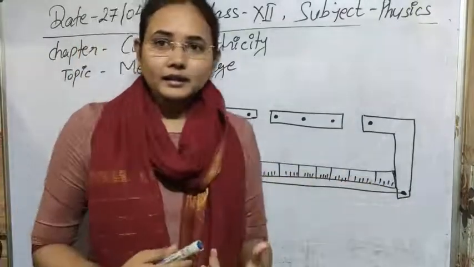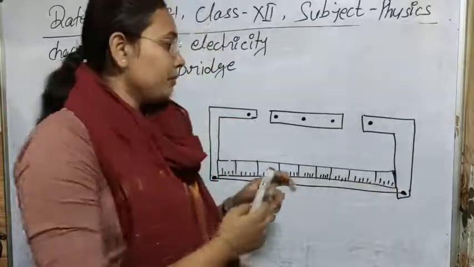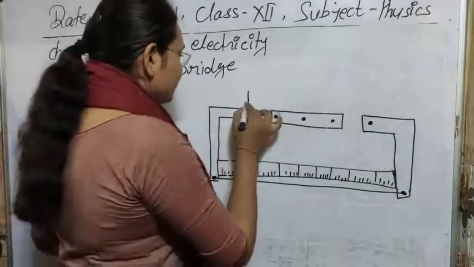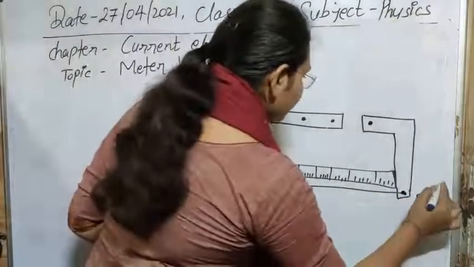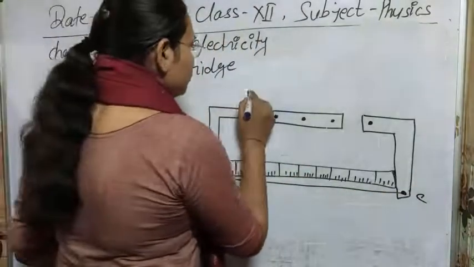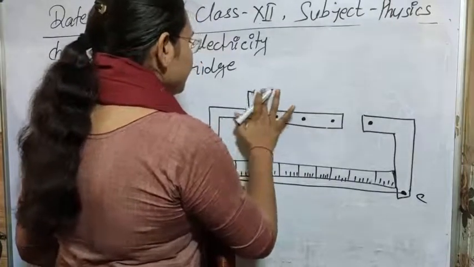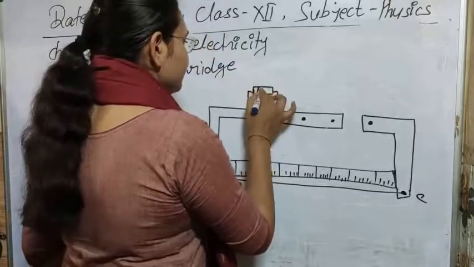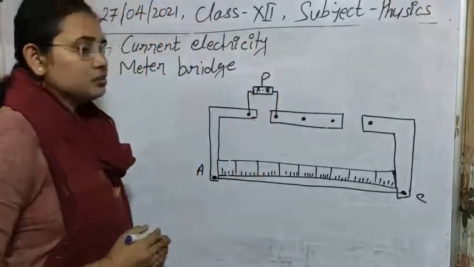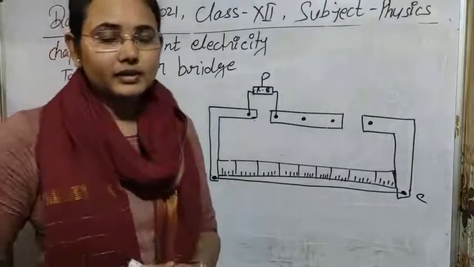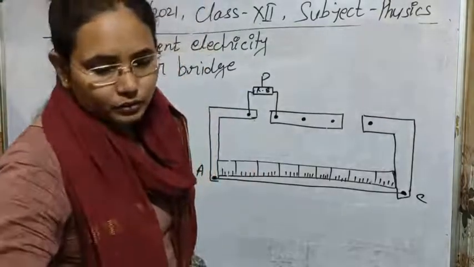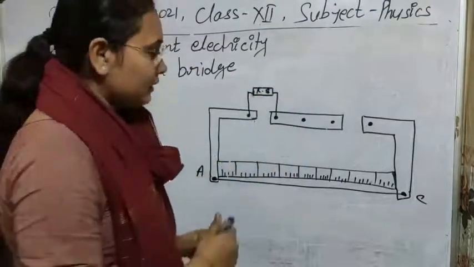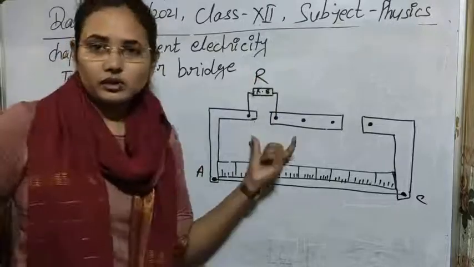Now we are connecting different resistances between these points that you are seeing here. So in between these 2 points, suppose this is our point A, this is point C we have. So between these 2 points we are connecting a resistance box. This is our resistance P, that is the known resistance that we are connecting here. Or actually, no, don't write P here, just write R here.